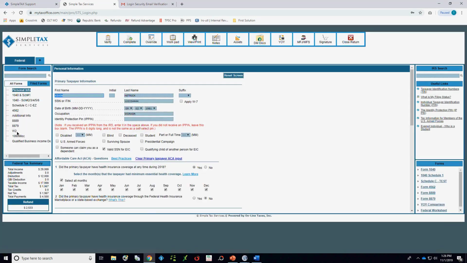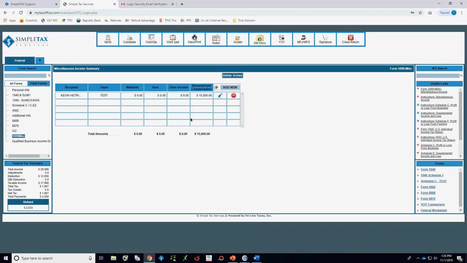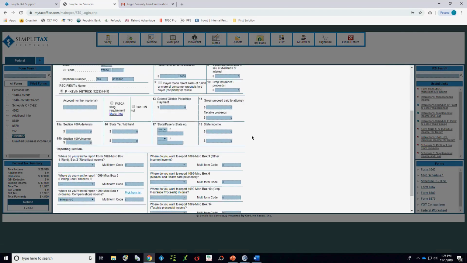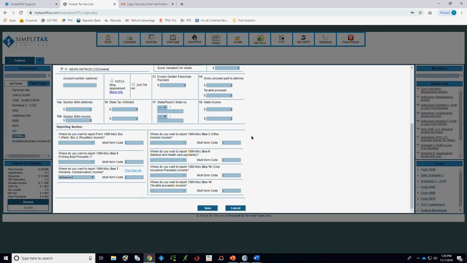On this side here, you can see this file form. So we're going to look at this 1099 miscellaneous. When you have a client that has a 1099 miscellaneous and it needs to be reported to a Schedule C or a Schedule F, when you create that from this screen, you'll complete this screen exactly as it appears, but down at the very bottom in this reporting section, we'll give you the option to choose where it's reported to. So in this case, I want this non-employee compensation from box 7 to be reported to the Schedule